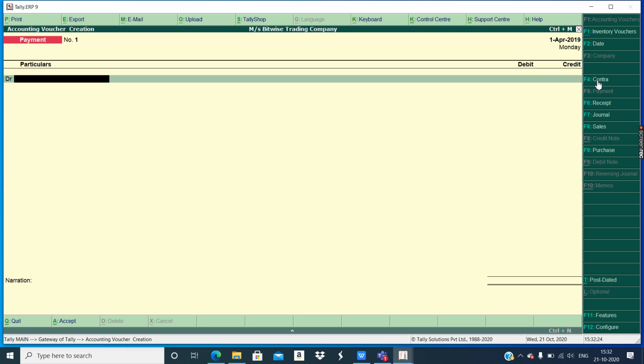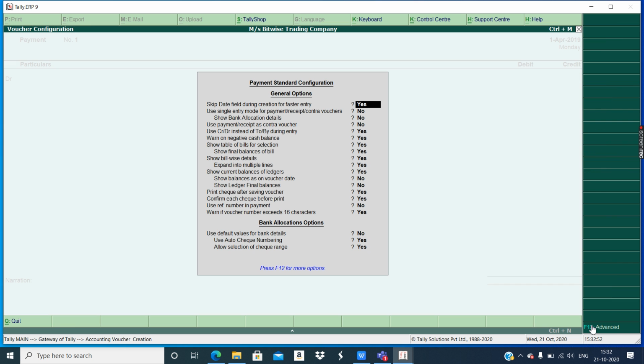Okay, now before that, you have to confirm whether all the voucher screen. Now, as you can see, this is a payment voucher screen where you have the debit and credit side. This is known as double entry system. You have to confirm whether your voucher screens are available in double entry system or not. So what to do? You can go in F12, that is F12 stands for configuration.